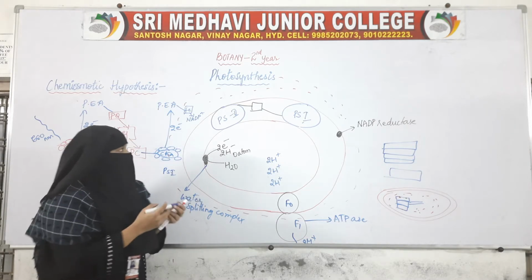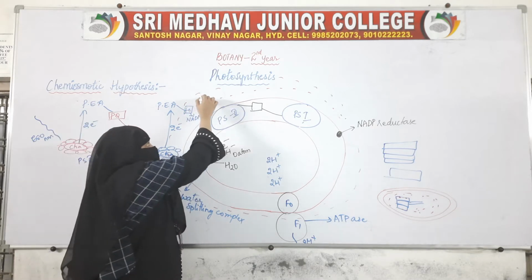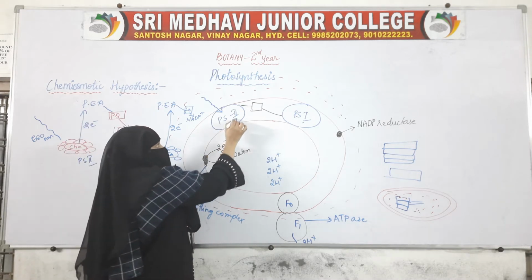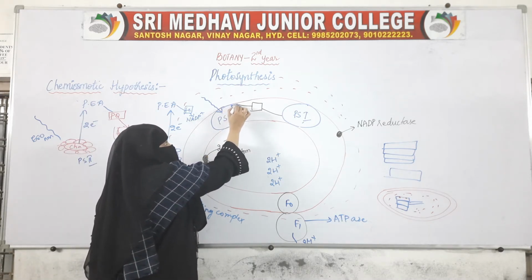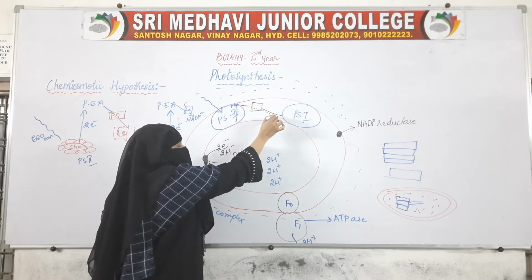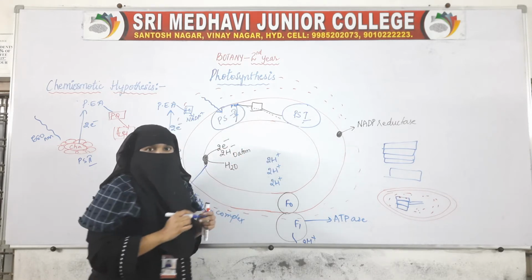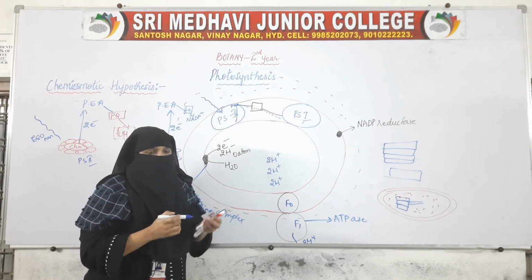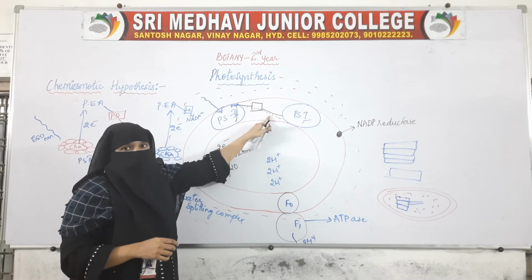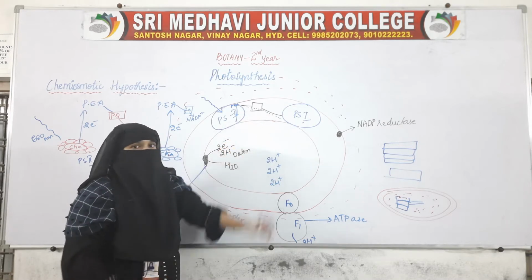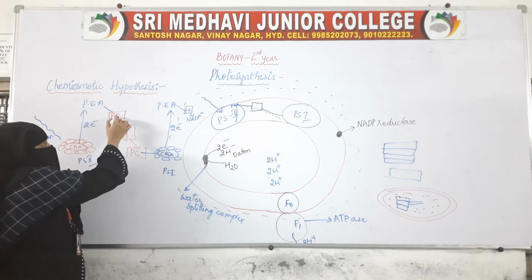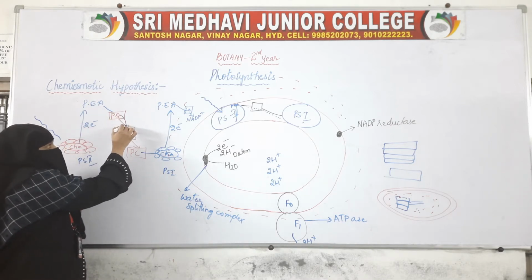Now the sunlight has fallen on this, and it has absorbed the sunlight. It has ejected the electron, passed it to the primary electron acceptor, and through a series of reactions it has passed it to PS1. So what happened is, when the electrons were passed through a series of electron acceptors, when the electron is coming from plastoquinone,